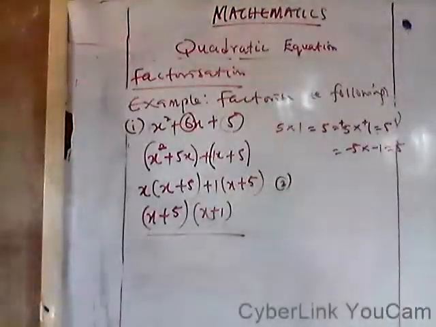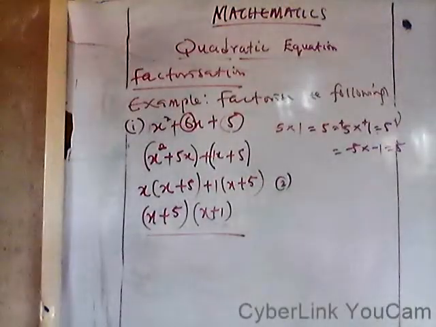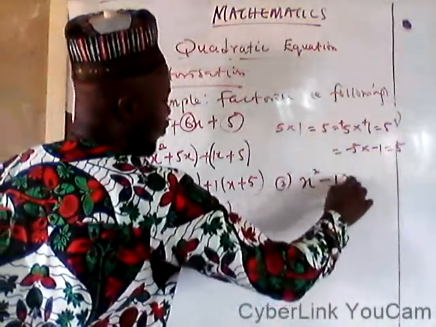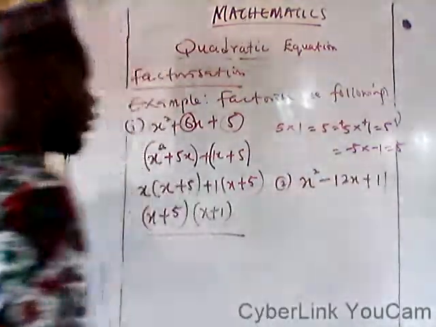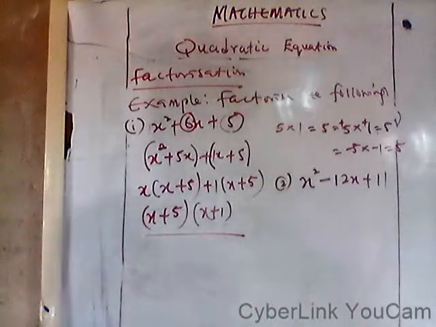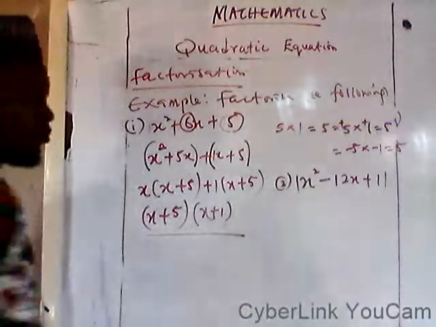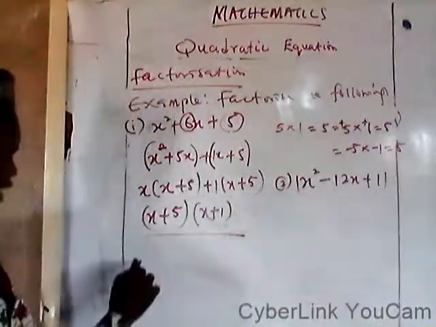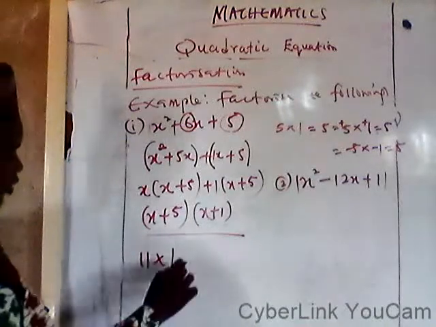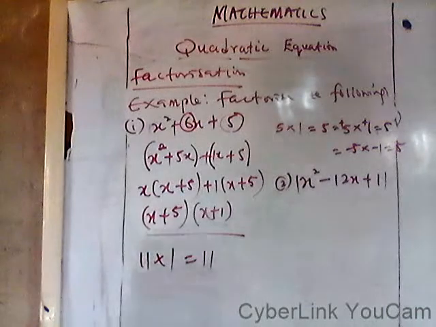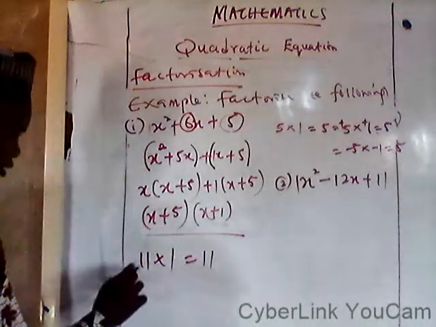Now the second question says that you have to factorize x squared minus 12x plus 11. So how do you do it? Again, you still consider the two numbers that you have here. You have 1 here and you have 11 here. So what do you say? 11 multiplied by 1 will give you 11. Those are the factors of 11, or 1 times 11. Or this one can be